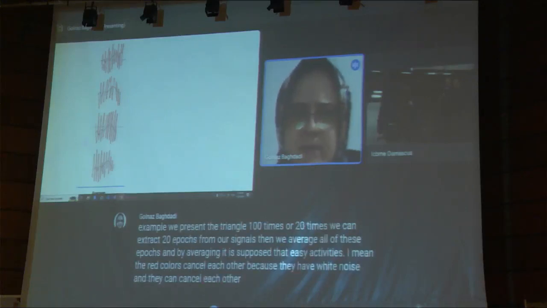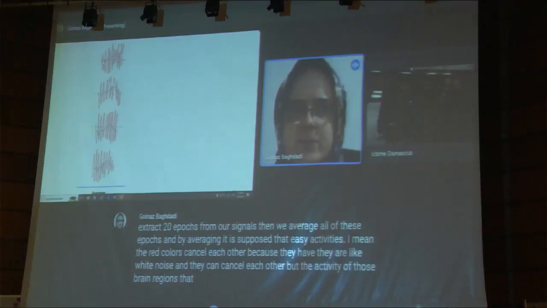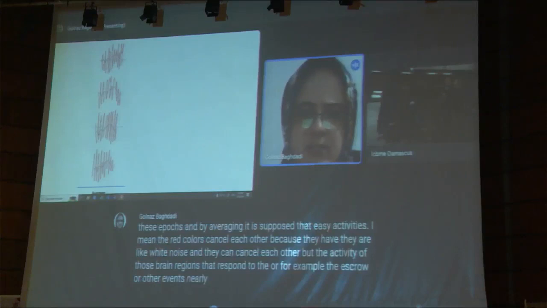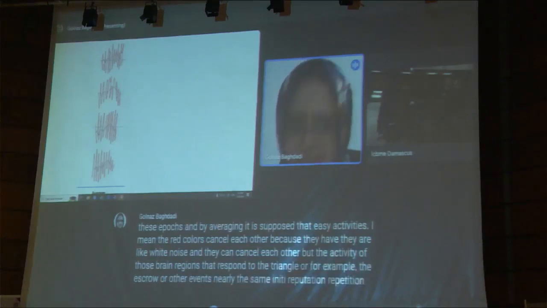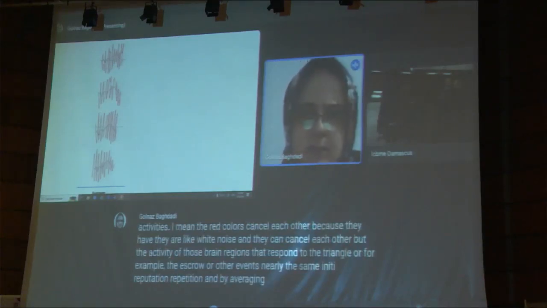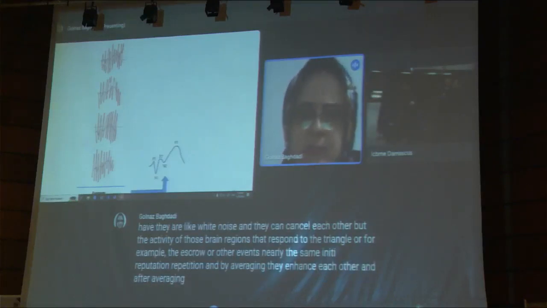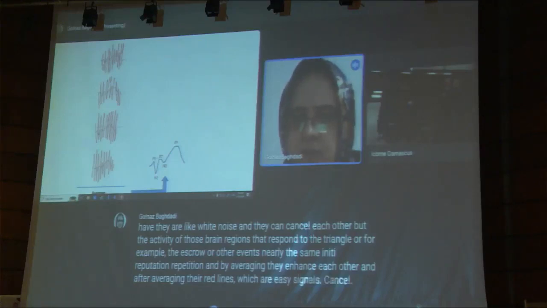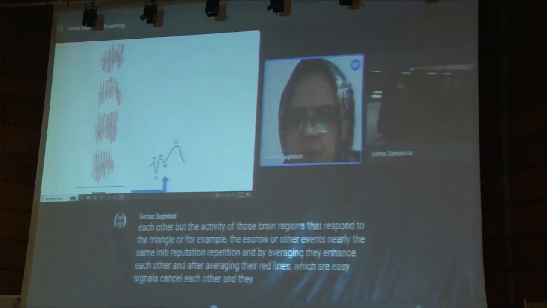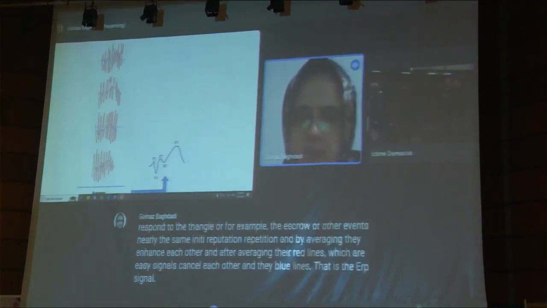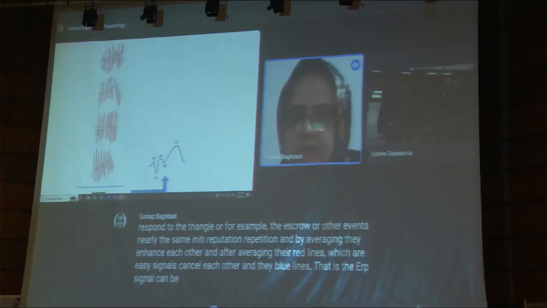But the activity of those brain regions that respond to the triangle, or, for example, the square or other events, is nearly the same in each repetition, and by averaging, they enhance each other. After averaging, the red lines, which are EEG signals, cancel each other, and the blue lines, that is the ERP signal, can be concluded from this